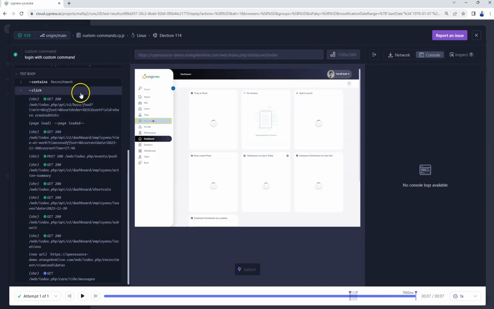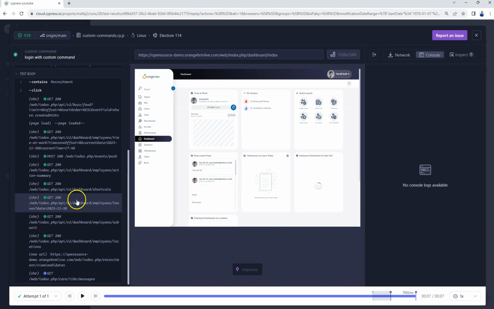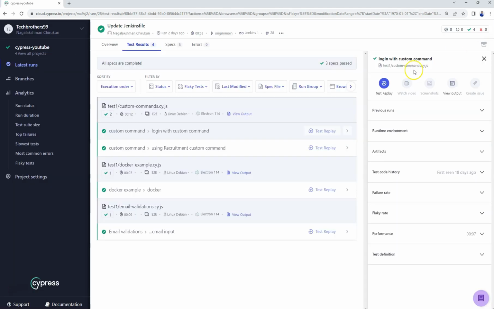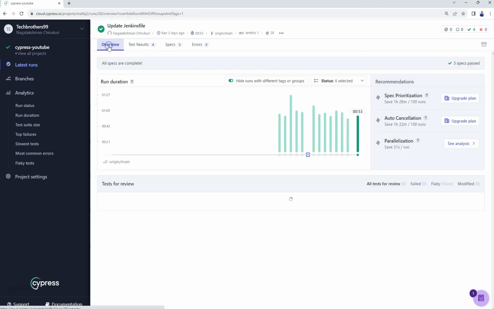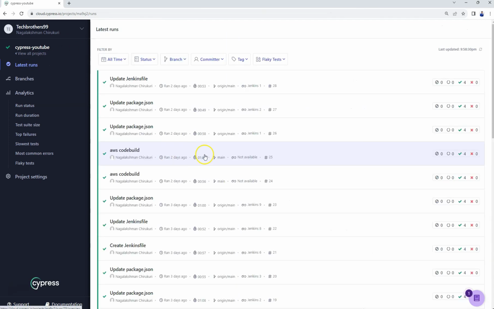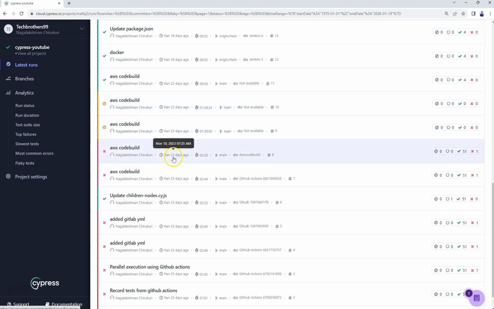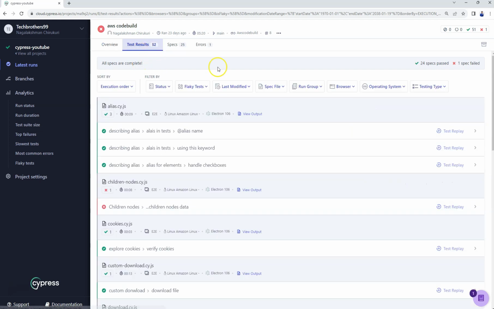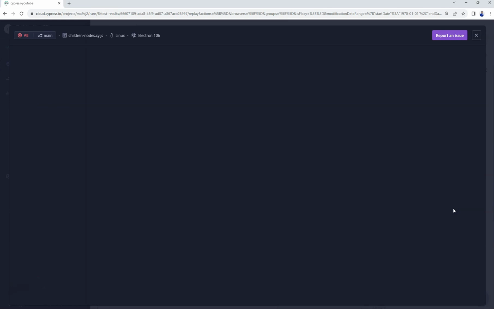Whatever dimensions we have specified there, you can see those dimensions. And if you navigate through each of our commands, it will show what happened at each step. In my tests, most of the time one of the tests is failing. If you go to the code build, most of the time the children nodes cy.js is failing all the time. So if you click on test replay